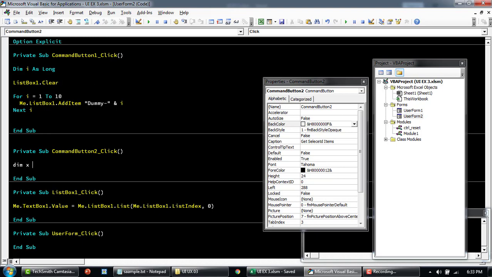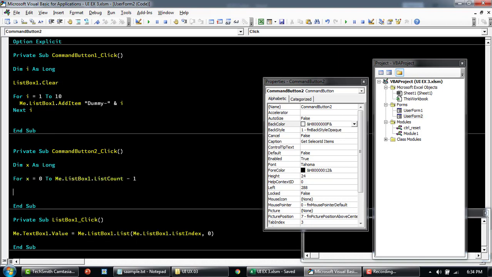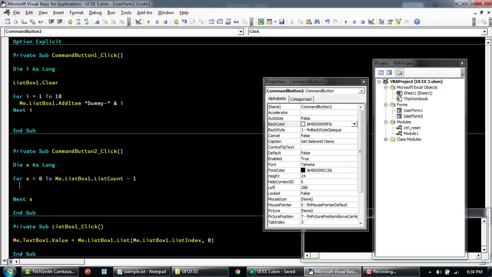So we'll say dim x as long, and then for x equal to, so the index starts from 0 for the list box. We'll get the count, -1 is just to take care because it's starting from 0. So now we'll say if me.listbox1 dot selected, whatever is selected for that particular index, so it's going to loop through and check if that particular index is selected. If it is true, then